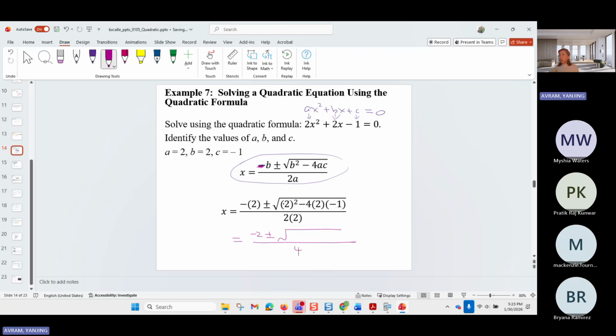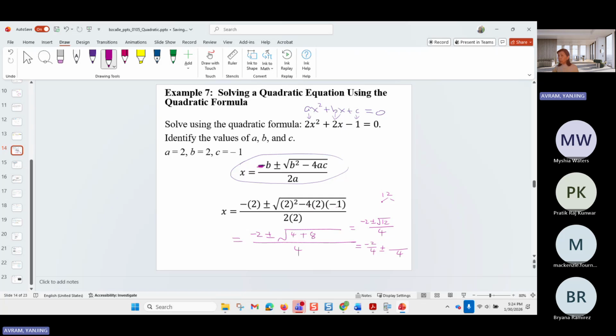Okay? And then this will be 4, 2 squared will be 4, negative, negative become positive, right? So 2 times 4 times 2 will be 8, all right? And then we have a negative 2 plus and minus the square root of 12 over 2, right? And then this one, you can write down negative 2 over 4 plus square root of